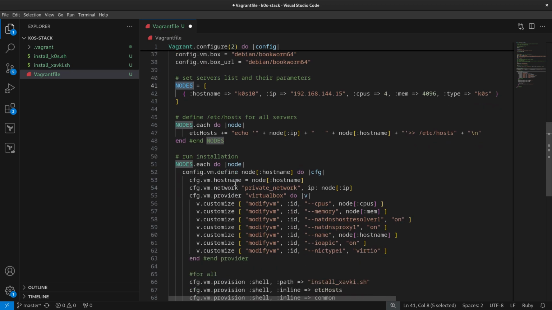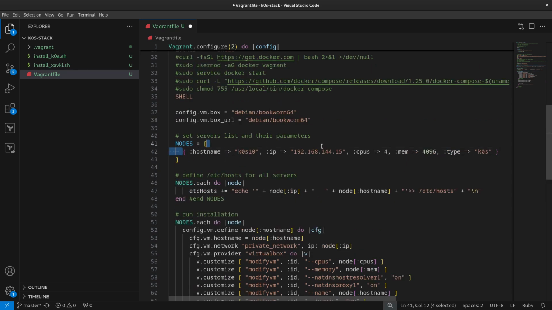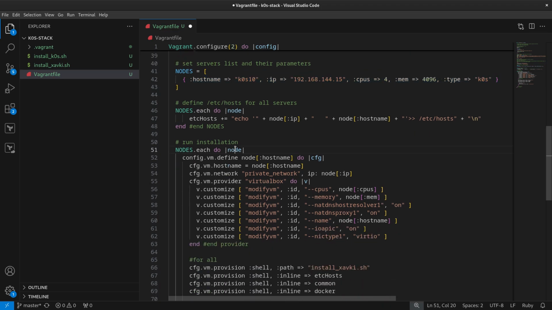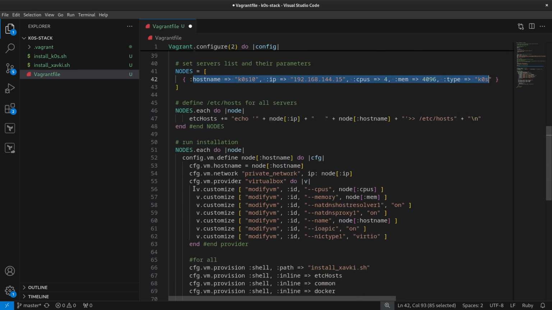So after that, I run the installation and the provisioning for each VM. To do that, I use again the NODES variable here. This is like we take the first line, and if you have many lines, we take the first line, the second line, and so on, as an iterative element. And so we create the node iteration. This is the first line here. And for this first line, we want to get, for example, the hostname here, and we want to define it in the config. And we do a loop again.